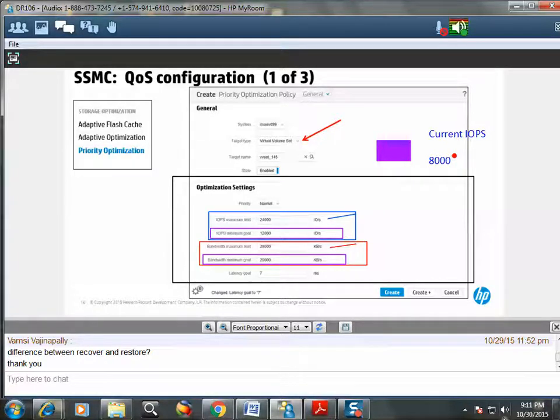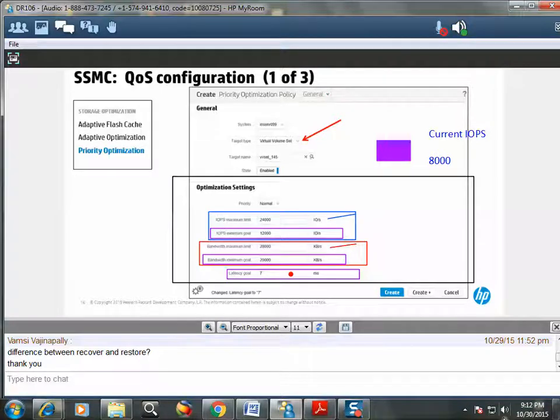Now, what can happen, and we're going to talk about latency goals here as well. You can set what's called a latency goal for your QoS rule. Here it's 7 milliseconds, okay? So the algorithm, let's say you have a number of volume sets set up, a number of rules set up, and so on. What could possibly happen is if you have all these competing factors in the competing QoS, I'm going to talk about the fact that the array keeps what's called a system busy level. And if the system gets too busy and it's trying to achieve all these latency goals for your rules and so on, it's possible